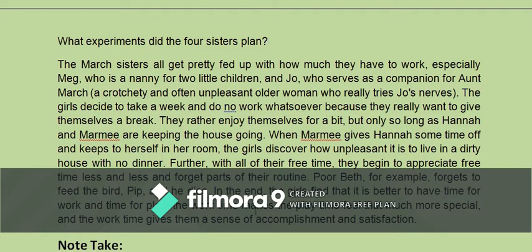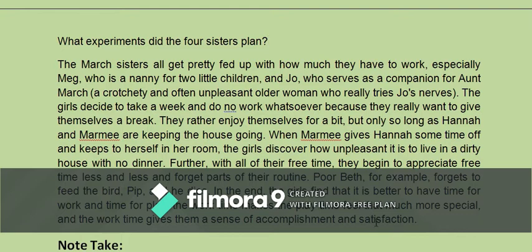The work time makes the play time feel that much more special. So that means when you do your work and you want to enjoy the accomplishment of the work, then you enjoy your play. That is the outcome of this lesson, and the work and time gives them a sense of